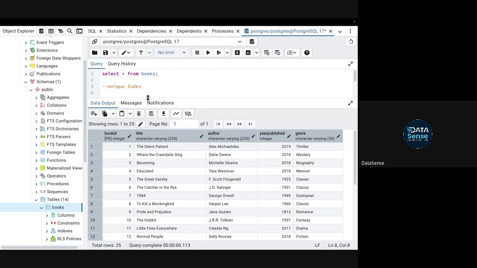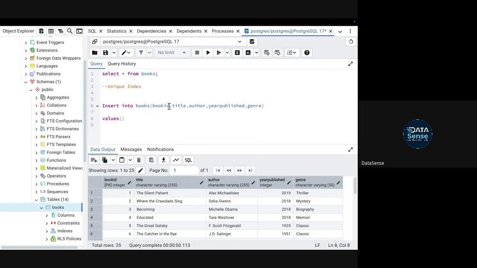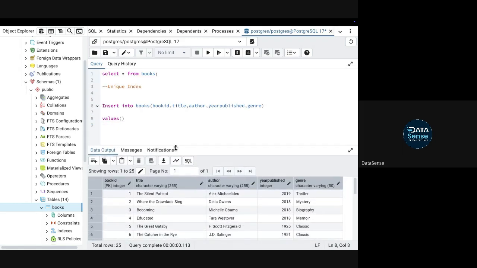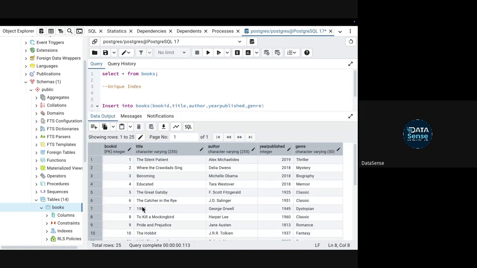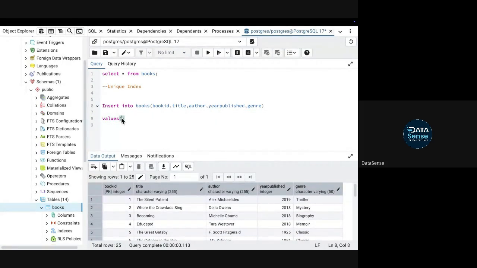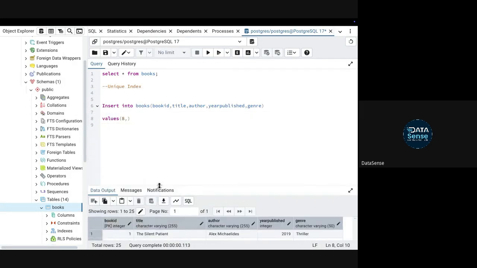Okay. So now, can I duplicate this? For example, let's pick any other example. Yesterday I picked 1984, so let's take the same example. I want to enter this book, and I'm entering the same book which is already present in the system, 1984.